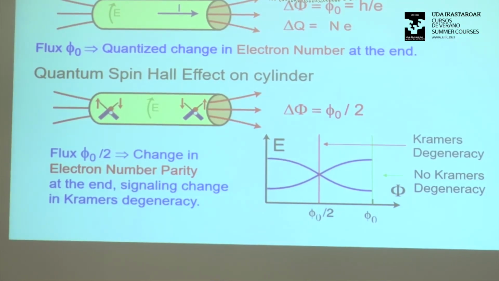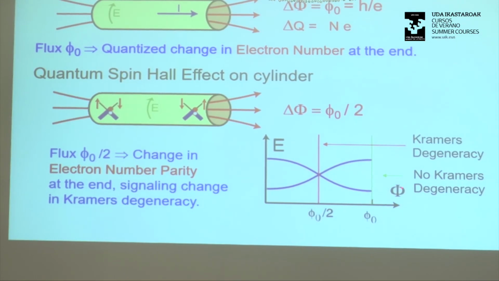If you think about the spectrum, when you thread a half of a flux quantum, what happens is that you have some finite sized spectrum at the end, but it's going to go from not being Kramers degenerate to being Kramers degenerate. So I have a unique ground state here, and I have a twofold degenerate ground state here. In a trivial insulator, that wouldn't happen. But this is what happens in a topological insulator.